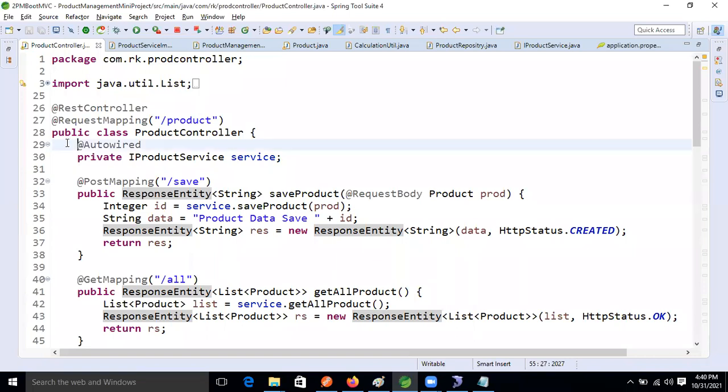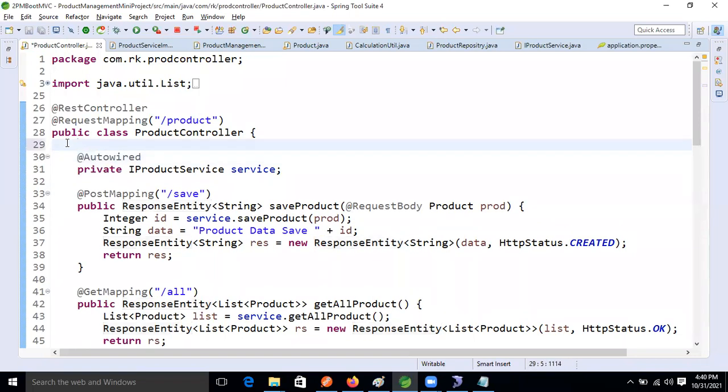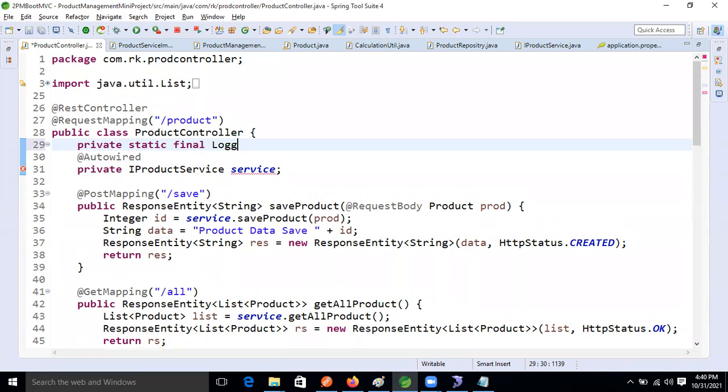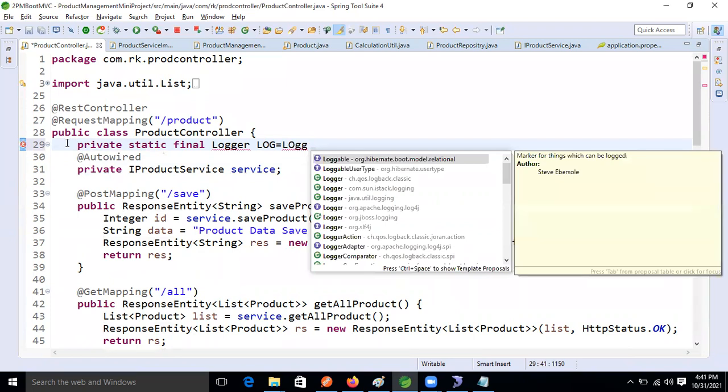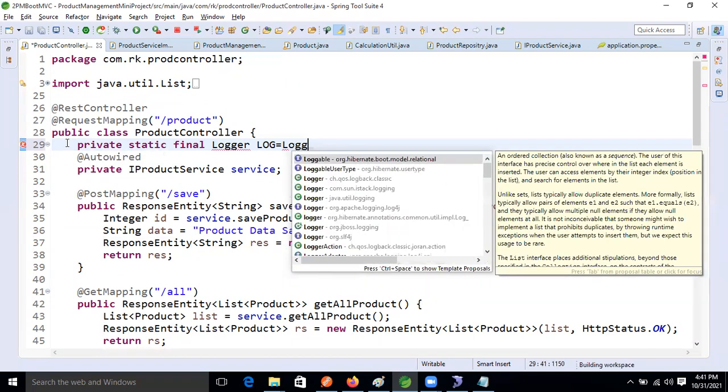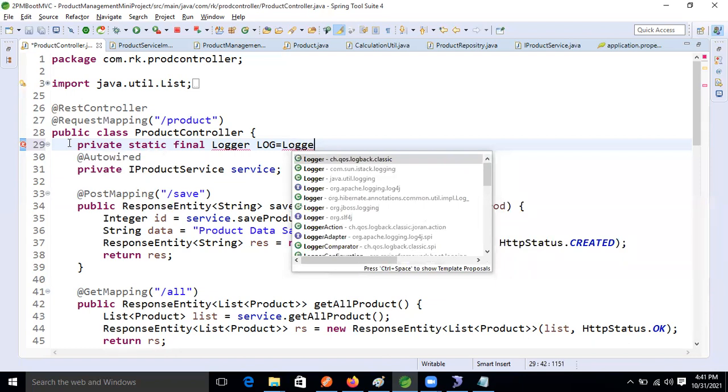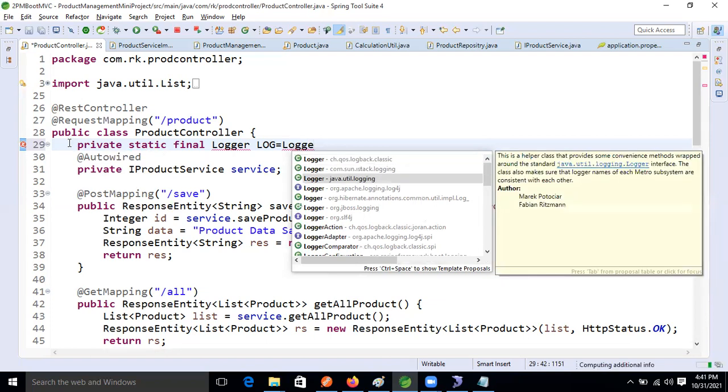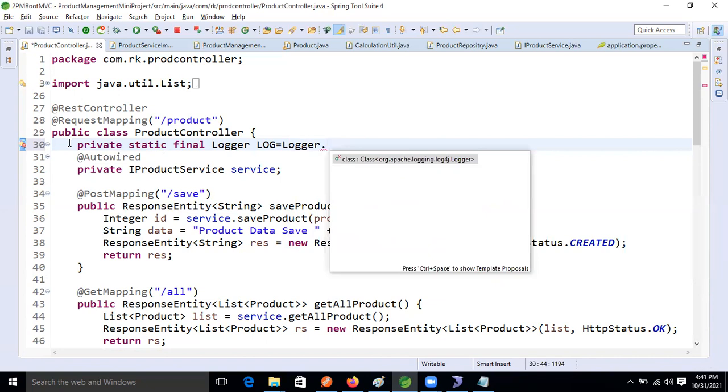So here what I'm doing now, I'm taking private static final logger log equal to Logger.